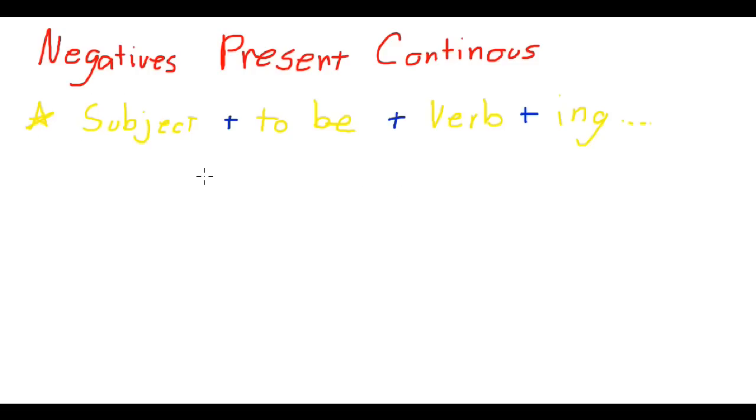And the thing we change here is we add something to this part. And what we add is the word not. Okay, not. Alright? So, we have a subject plus the verb to be plus not plus a verb plus ing. So if we look at that, we could say